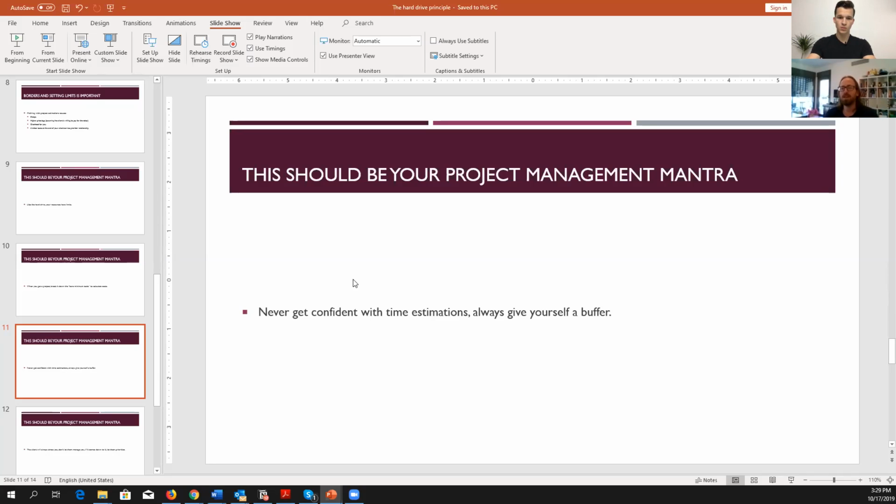If you are trying to make them work faster or to deliver faster or to expedite some process, you are bound to bump into some difficulties that you didn't estimate. So it's really important to give yourself the time that you need, plus an extra buffer. That extra buffer, as we discussed before, will only make you look good.